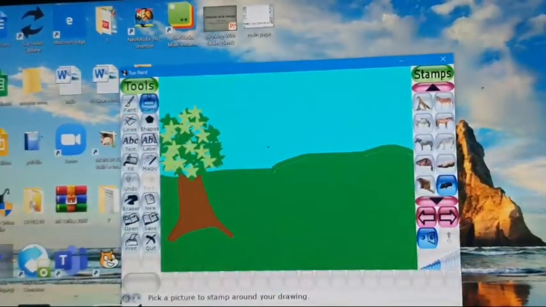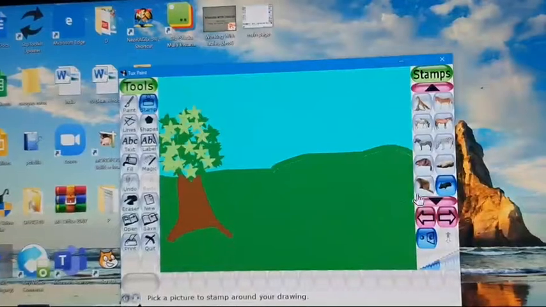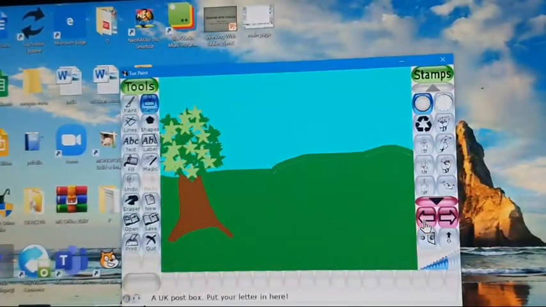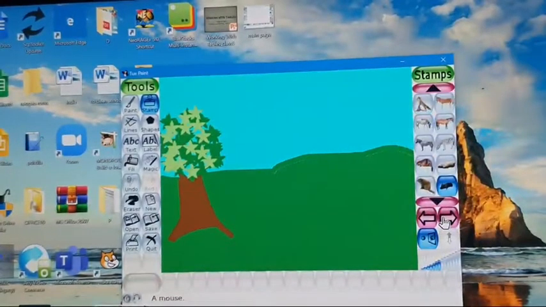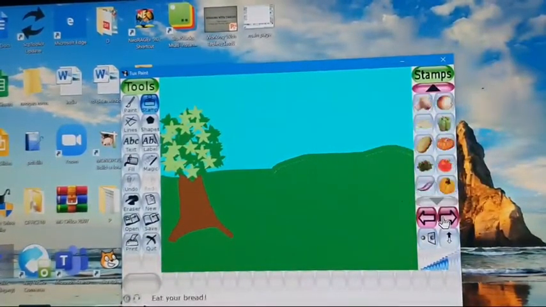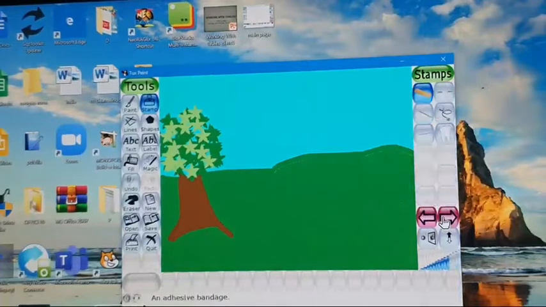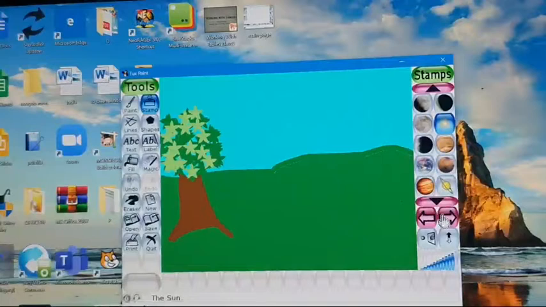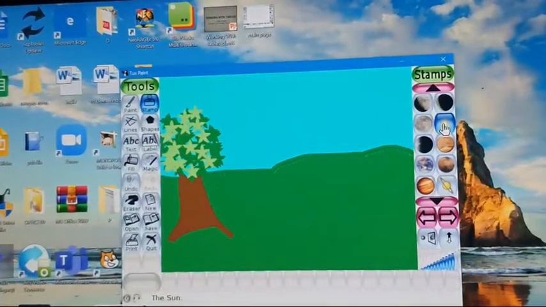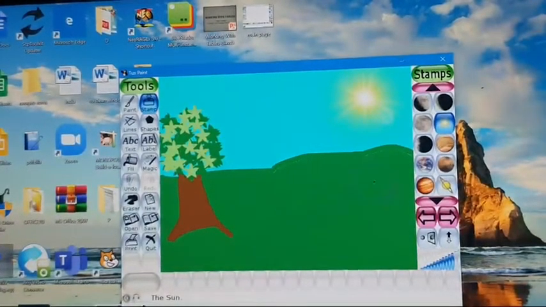Now we have to put a sun in the picture. We select stamp. From stamp we can select, I have to search the sun. Sun is here. Going to select it out and put it here. Now the lion was sleeping, so I have to select a lion also.